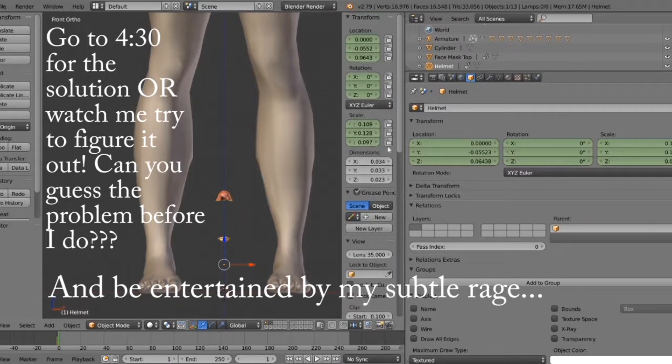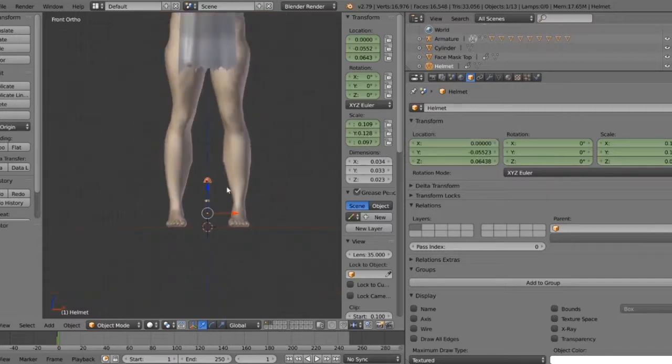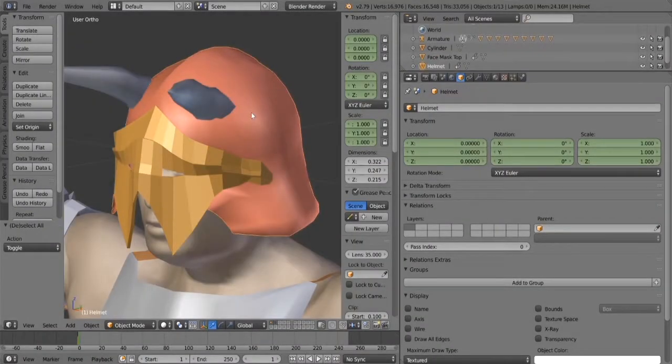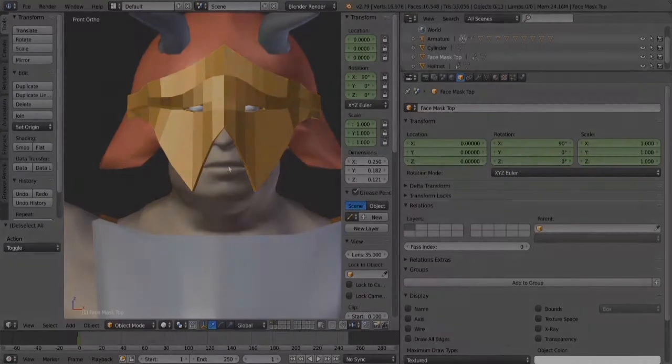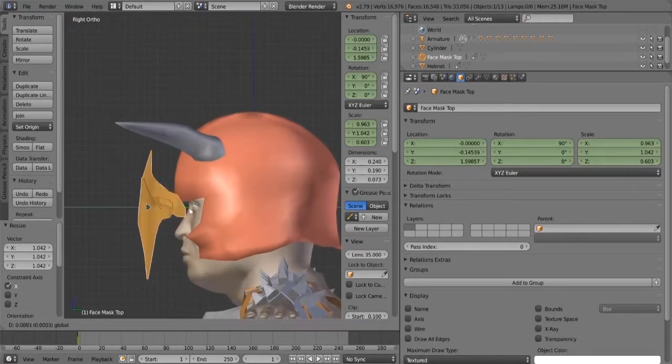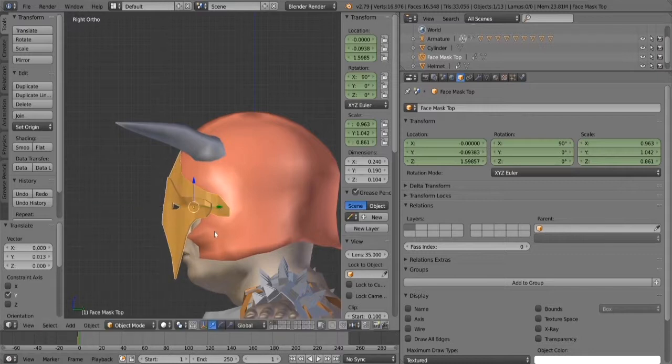It seems like the scale kept moving. Maybe if I lock editing, I've never tried this before, but I'll see if lock editing works. So both pieces have their scale, their rotation, and their location locked, and I applied both the location and the scale for both of them. So if this doesn't work, then I have no idea what the solution can be. So that did not work whatsoever, so I think what I'm going to do is I'm going to just put them back to where they were before, approximately. See, it messed up the scale as well on different axes,